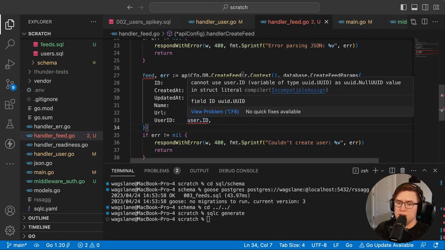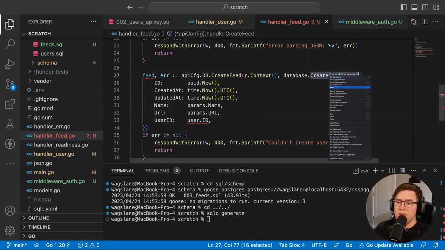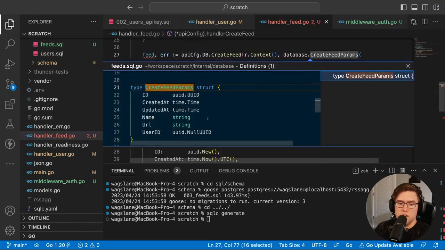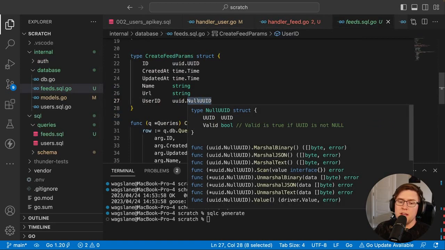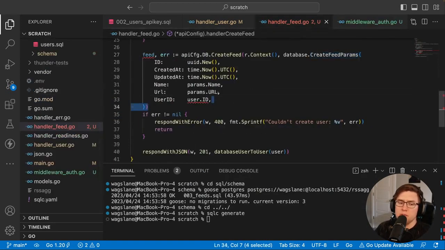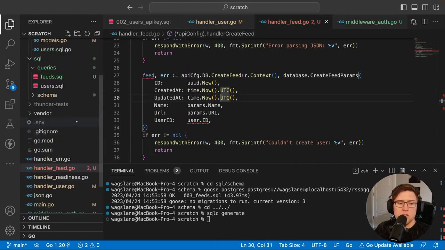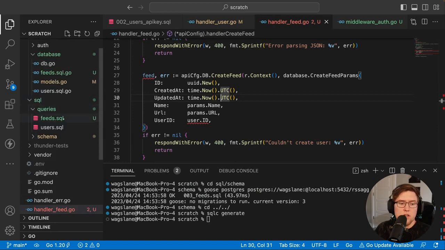This is getting messed up. Variable of type uuid.UUID as uuid.NullUUID. Okay, I see the problem. The CreateFeedParams accept a uuid.NullUUID. That's a problem. We don't ever want the NullUUID type from the UUID package, which is a nullable UUID. We don't want it to be nullable because we expect that every feed will be created by a user. So let's go update our